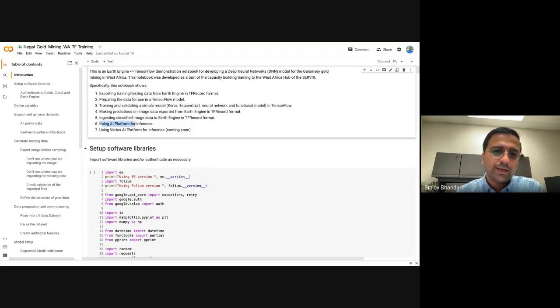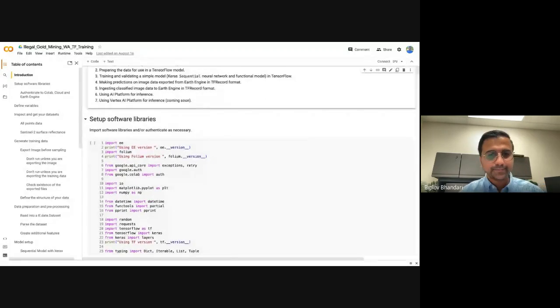I'll also show you an AI platform, although I found that this hasn't been working that great. And if you are attending Geo for Good this year, this is again insider information: the Vertex AI platform is where Google wants to take inference for integrating it with Google Earth Engine. I don't have any code example here, but this is something you'll be able to do after the Earth Engine Summit.